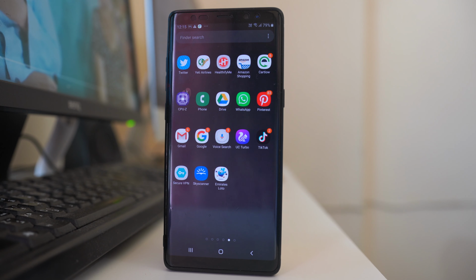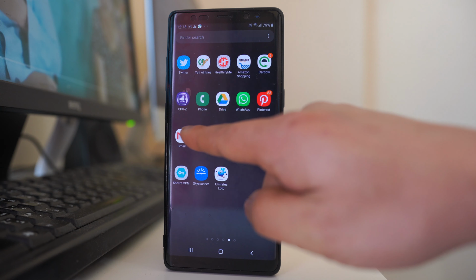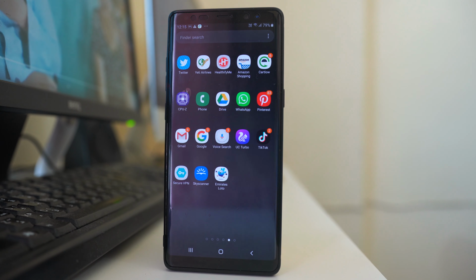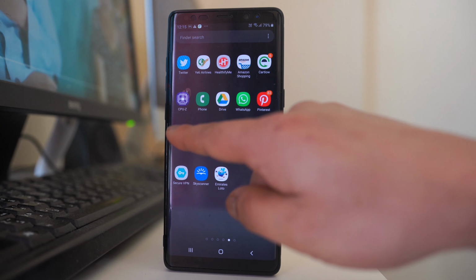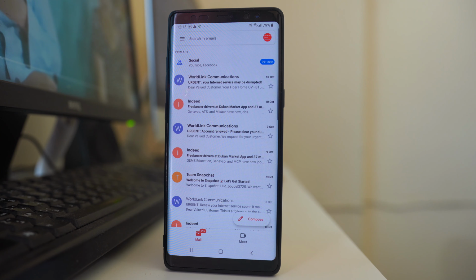Generally, whenever you receive a new email in your Gmail account, it should be automatically synced and appear in your Gmail application. You will see a notification icon that lets you know you have received new emails which you have not read. But if it does not happen, and you have to manually open the Gmail application and manually refresh in order to receive the new emails, then let us see how to fix the issue.